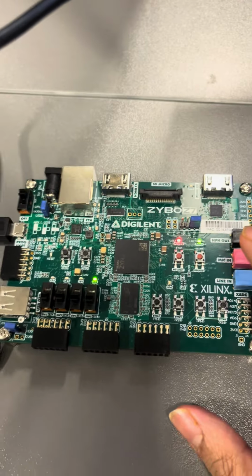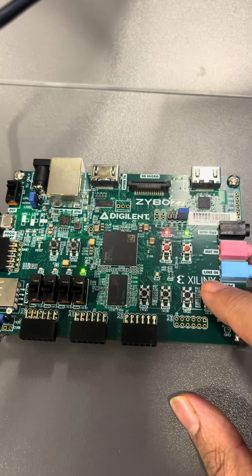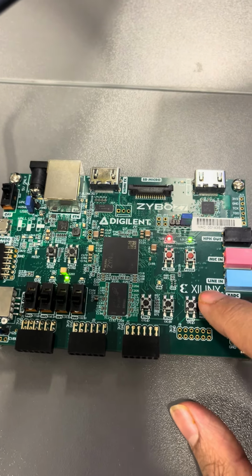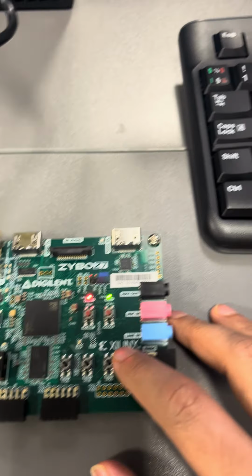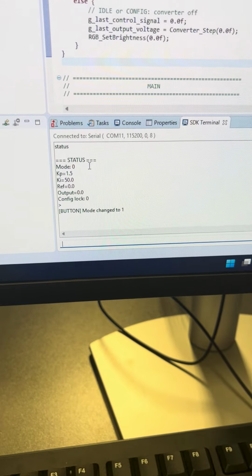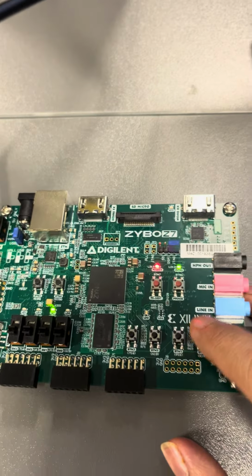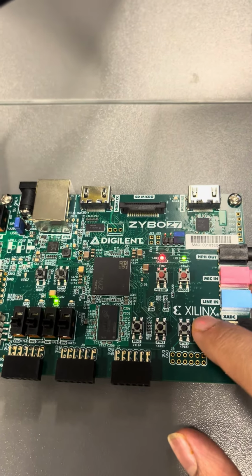So if you want to change the mode from configuration mode to idle mode, we will press this button. So now we are in idle mode, and we can confirm it from the terminal also. So the mode changes to 1, that means we are in idle mode. And if we press this button again, we will go to the